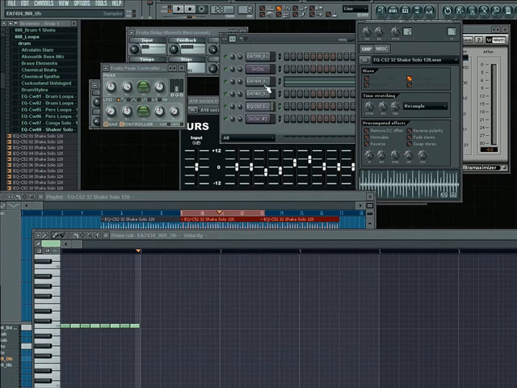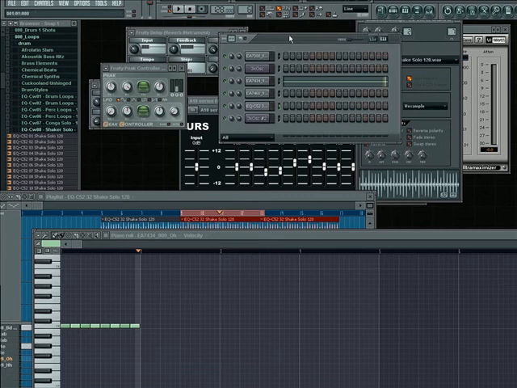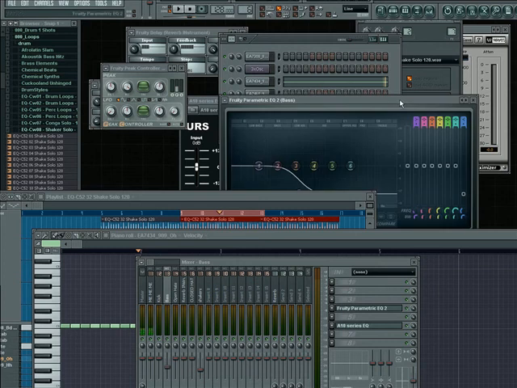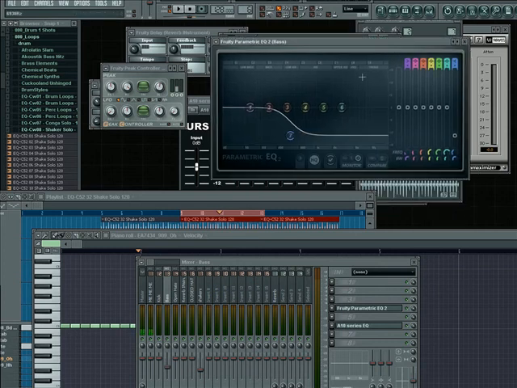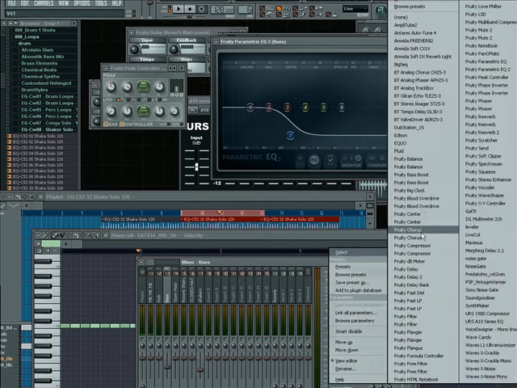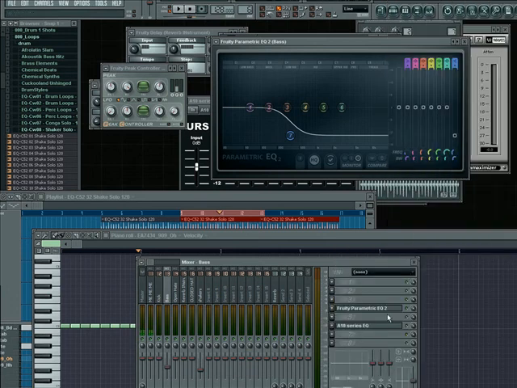I also turned the volume of the shaker loop way down so that it would just be barely audible. Okay, I guess that's about it for the kick and the bass. Well, I guess I should explain the EQ on the bass. The EQ on the bass was I loaded a fruity parametric equalizer, which can be done like so. Fruity parametric EQ is right there, and